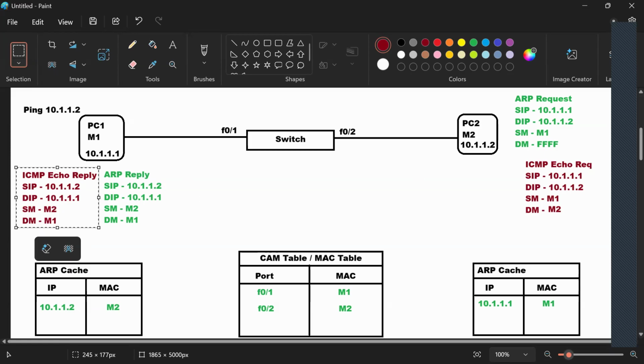And one more doubt, as discussed yesterday, if PC2 is in a different network, it will check the default gateway, right? Definitely. In that case there will be no communication. If it is a different network, instead of ICMP and ARP, it will check the default gateway, right? PC itself will drop the packet. Okay, fine. Okay, thank you.